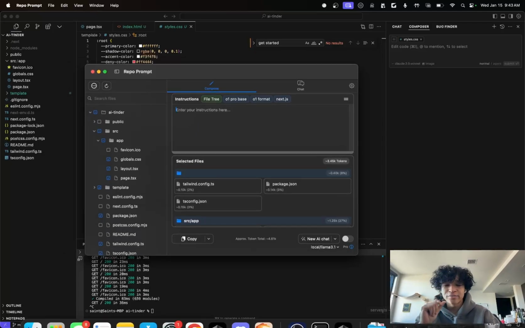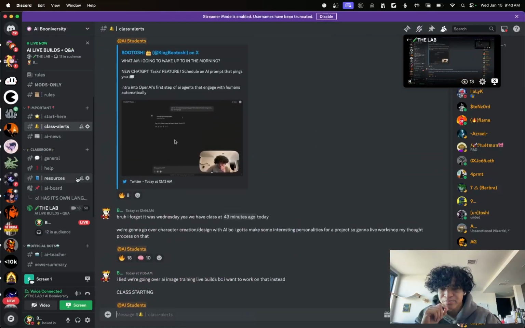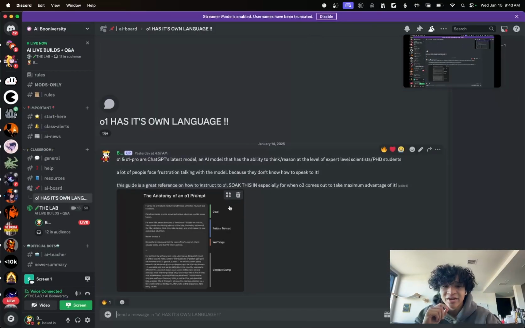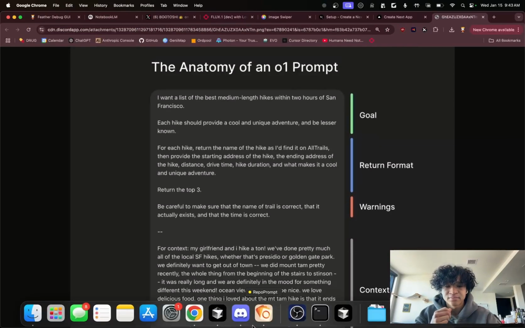So that's everything in terms of the app. And when it comes to O1 Pro, there's actually a very specific way to prompt O1 Pro, and I'm pretty sure I wrote an AI board. Yeah, O1 Pro has its own language, so kind of showcasing this and going through this is,